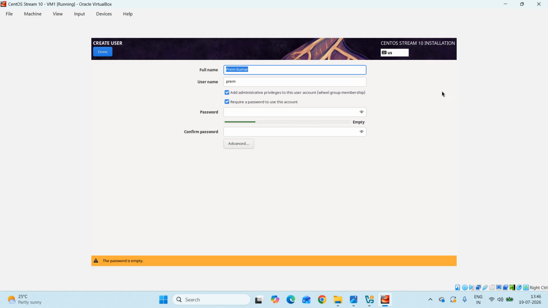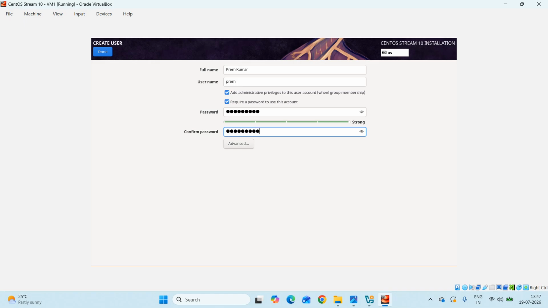Because expecting that a user always has to log in with a password is a very good idea from the system security's point of view. So these two check boxes, I just keep the default selections there, and I will now set up a password for this regular user, Prem. Let me type that, and I retype the same password in confirm password input box for confirmation purpose, and I click on the done button